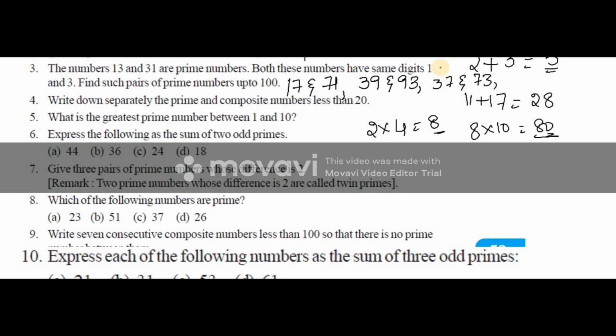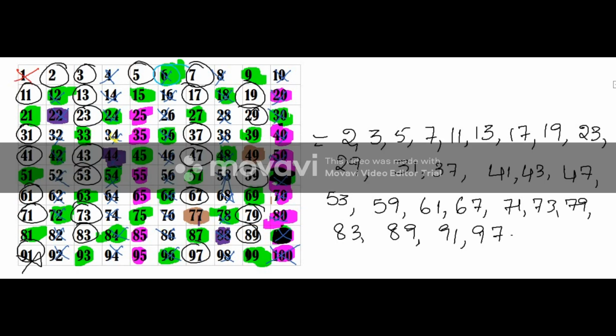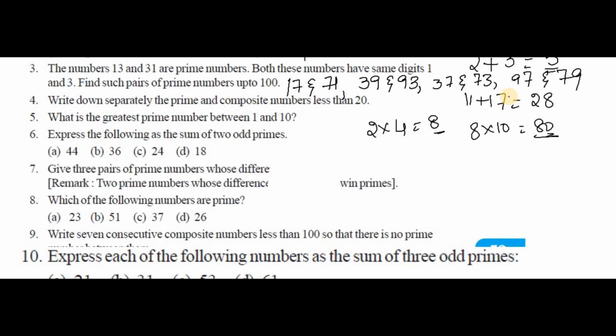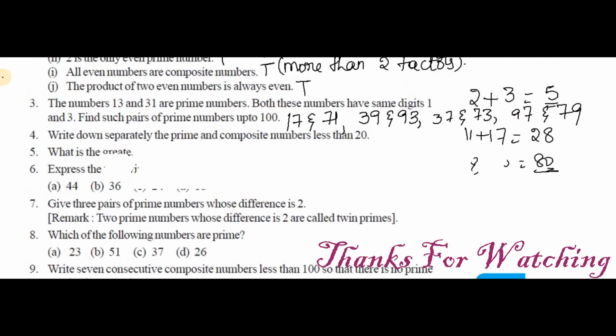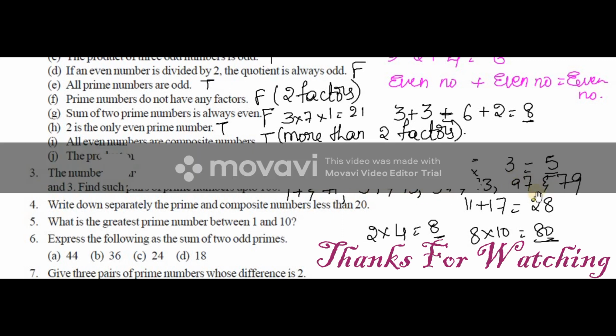19 and 91 is not a prime number because 13 sevens are 91. 89 no, 97, 79, 97 and 79. 97 and 79, these are the prime numbers we got. Okay, just the numbers 1 and 3. Like this here we have 1 and 7, here we have 9 and 3, 3 and 7, 9 and 7. So 9 and 7, like this we got.